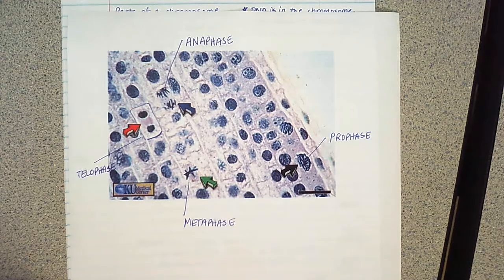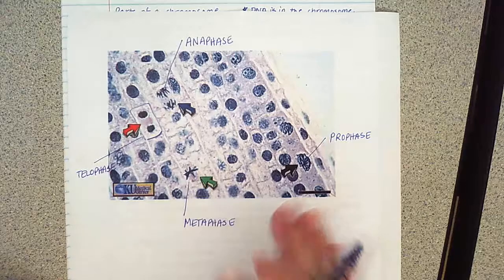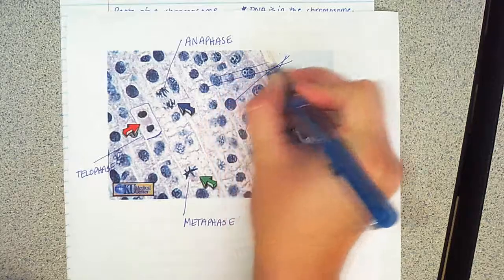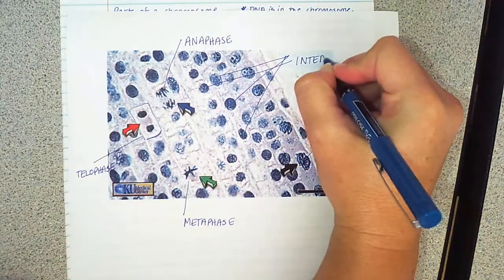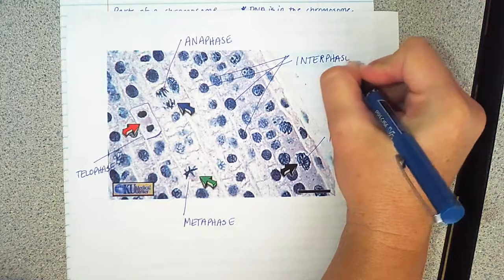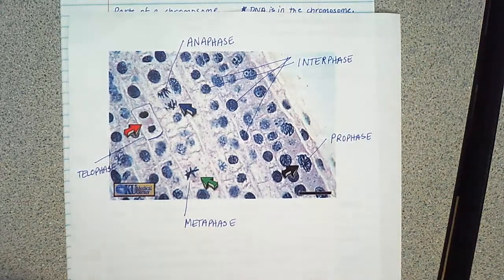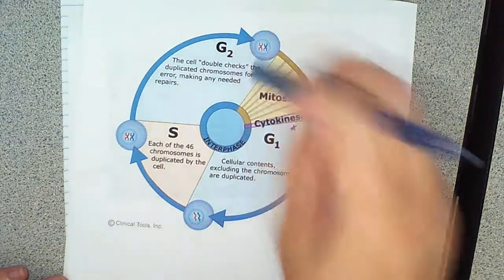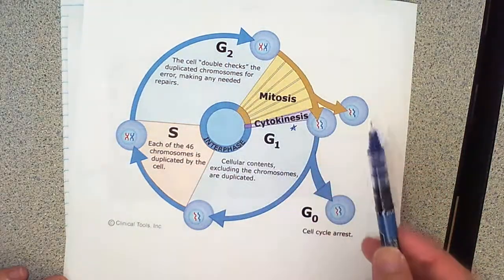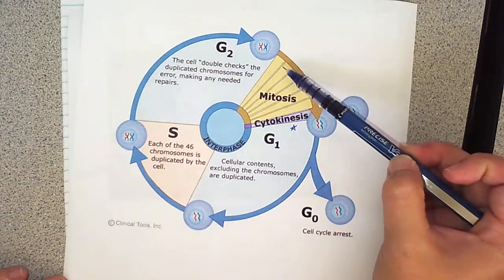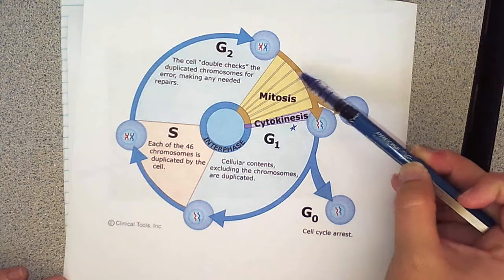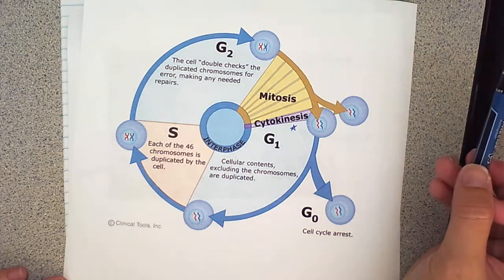So you'll be working on practicing identifying these. These are common questions that I have on quizzes or tests, being able to identify the general phases. And then, like I said, when you see these ones that are just the dark blobs, those are interphase. And it shouldn't be alarming to you that we see a lot of cells in this interphase. Because if I go back to our very first picture that I showed you, this whole part right here is interphase, all of this. So we expect to see a lot of cells in those. It's not till we get to the prophase, metaphase, anaphase, telophase, a little bit of cytokinesis, that we have smaller and fewer cells in those particular phases.